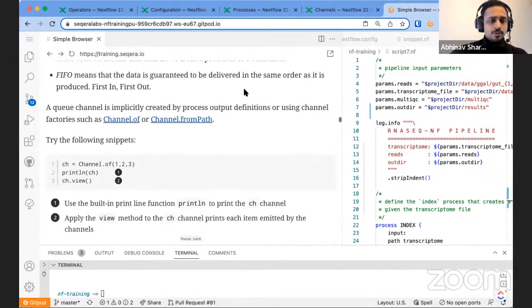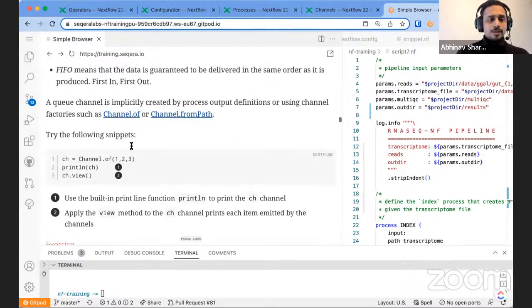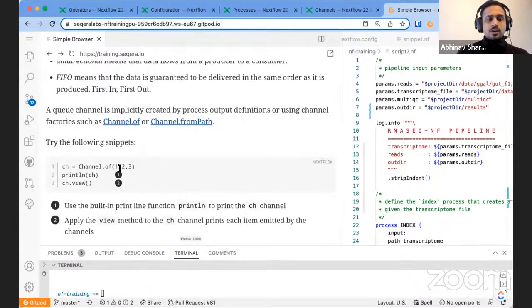So if you move on, we see a couple of queue channels that we have already seen. And over here, we see channel.of, right? Technically, anything that you will see directly as channel.something, you can call a channel factory. This channel factory creates a channel which we can use to move the data and values around within the pipeline. So if we just run this section in a snippet,